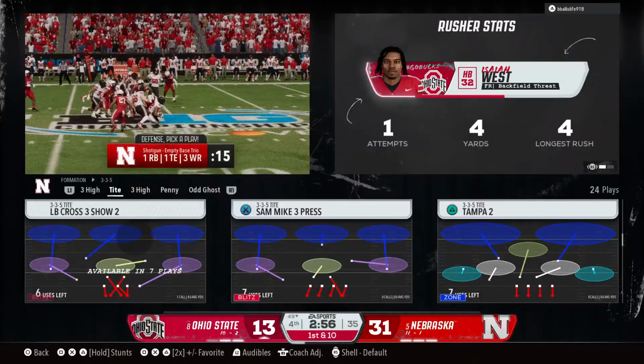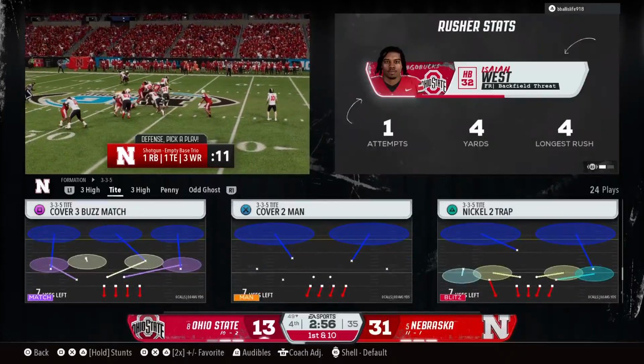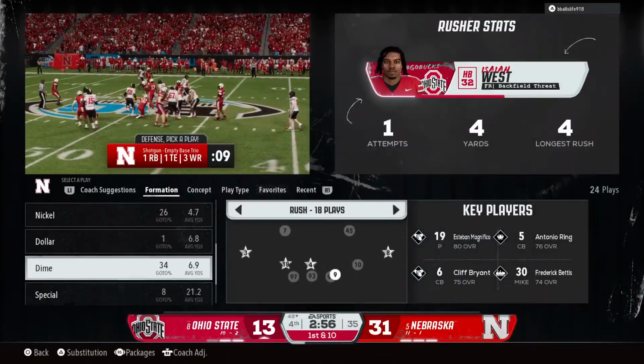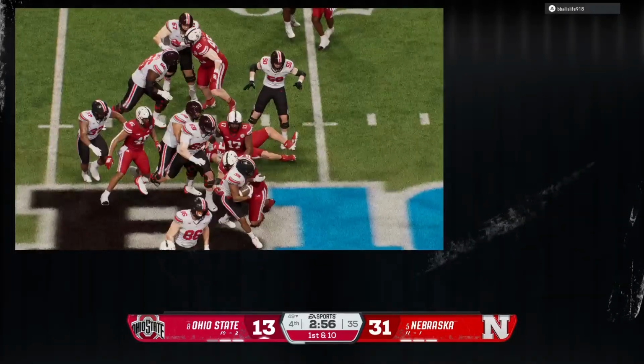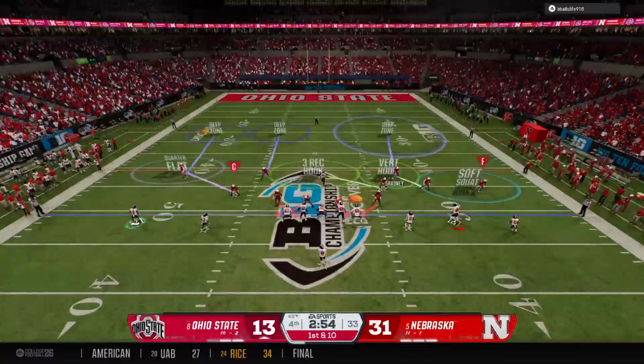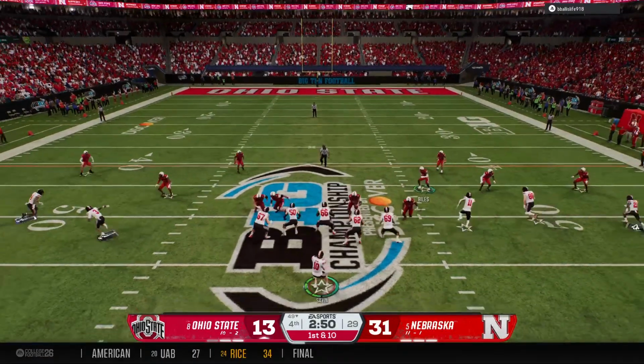Well, these are the kind of situations you practice every week. You got to be able to get a yard. And the offensive line was able to give them just enough push to convert here on the ground. Clearly, they've done this drill before countless times, and it shows. Buckeyes will have 1st and 10 here.